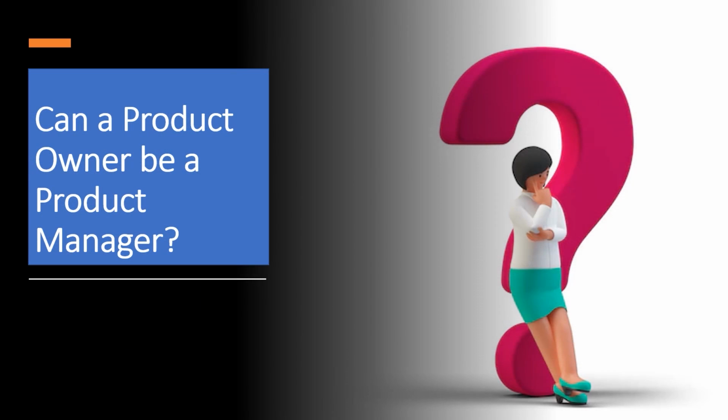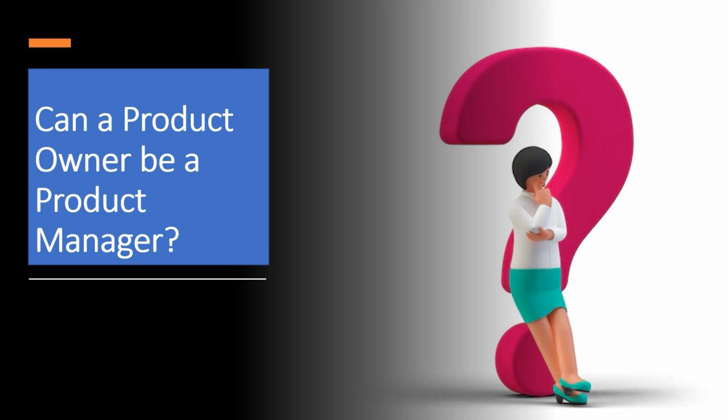And in the same way, the next question is, can a product owner be a product manager? So the answer is a product manager and owner can be the same individual. There are undoubtedly many duties and objectives that overlap with both jobs. But because of this, it makes it logical that many businesses utilize a single person to meet the requirements of both positions and use the Scrum product owner as an agile product manager, as Roman Pichler points out.